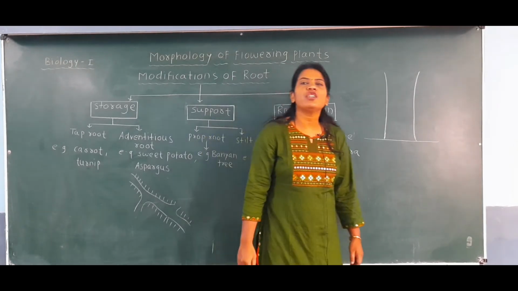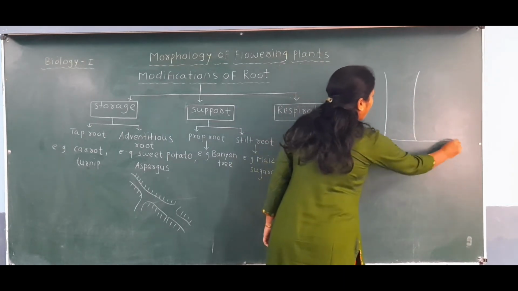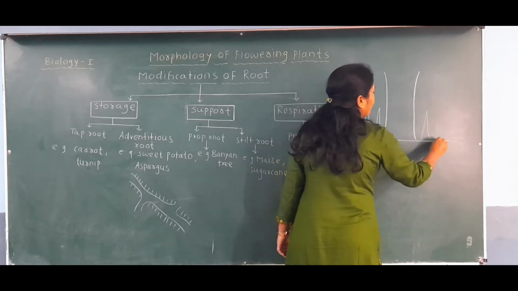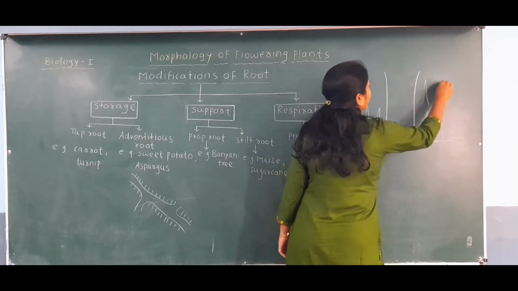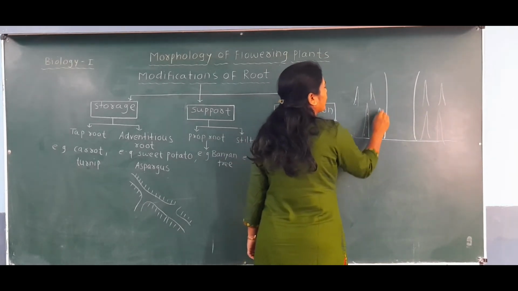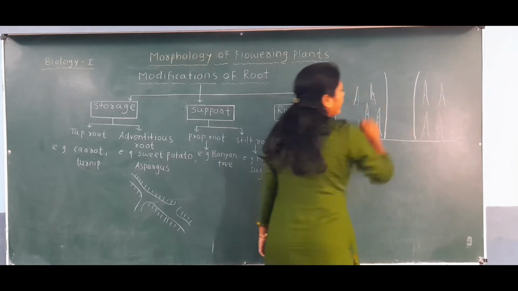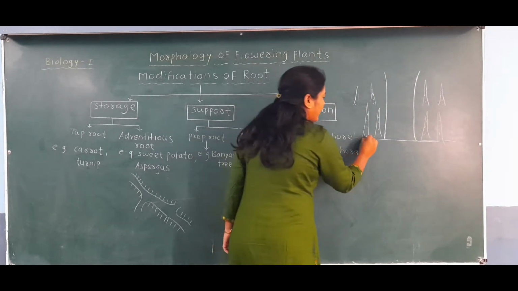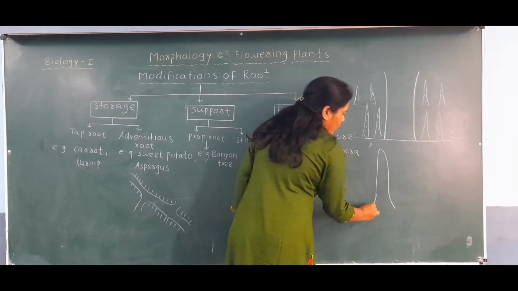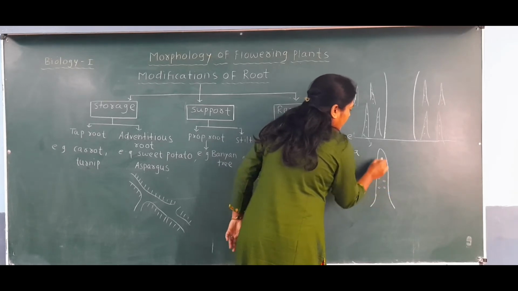That's why additional roots will be developed there, and you can observe that around this plant above the ground you can observe the additional roots which are directed upwards. Okay, such a conical structure you can observe. If I enlarge one structure of it, you can observe such a structure, on which you can observe minute pores or minute holes.